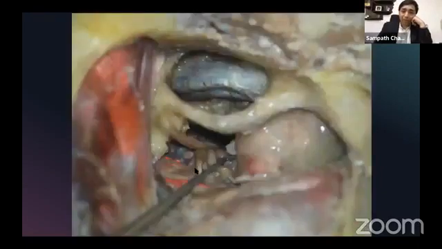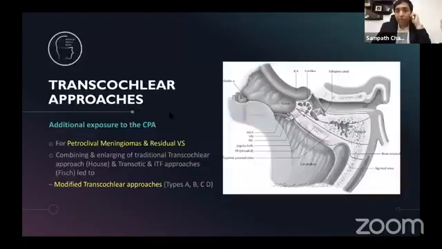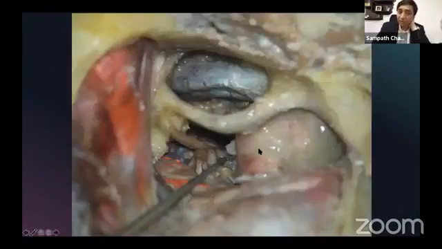Drill from posterior. Okay, open up the entire cerebellopontine angle. Now you can go up to the clivus. This is the ascending petrous carotid, genu, horizontal petrous carotid, posterior to the carotid and anterior to the facial nerve. You can drill the entire otic capsule and much more of the petrous bone till the clivus. Okay, till the clivus. So that is what you achieve with the transotic approach.